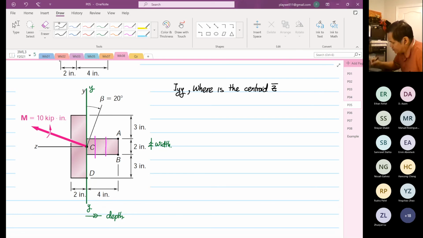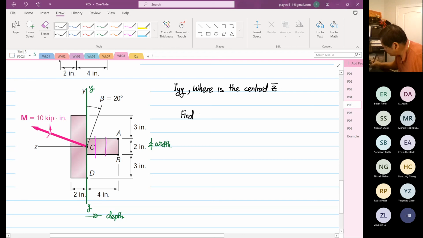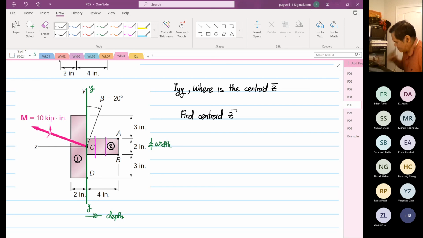So we have to find the centroid z bar. I'm going to call this 1, and I'm going to call this 2. We already know what our width is and what our depth is. So where about